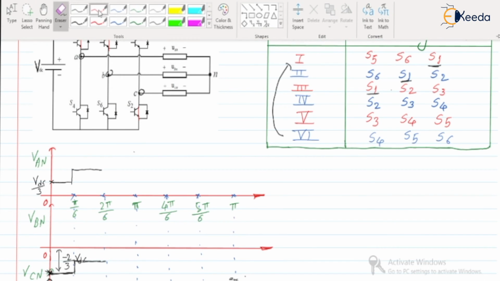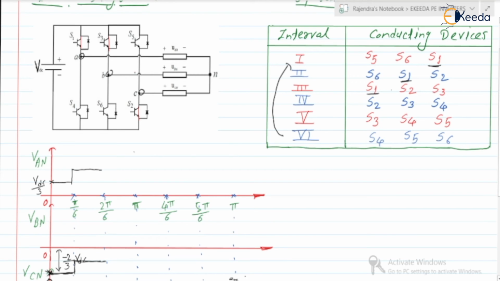Okay, so therefore we can say that phase A is connected to the positive plate of the VDC through S1, phase B to the positive plate of the VDC through S3, phase C to the negative plate of the VDC. Okay, so here, we are having VDC, phase A and phase B will be connected together, right? And phase C here,